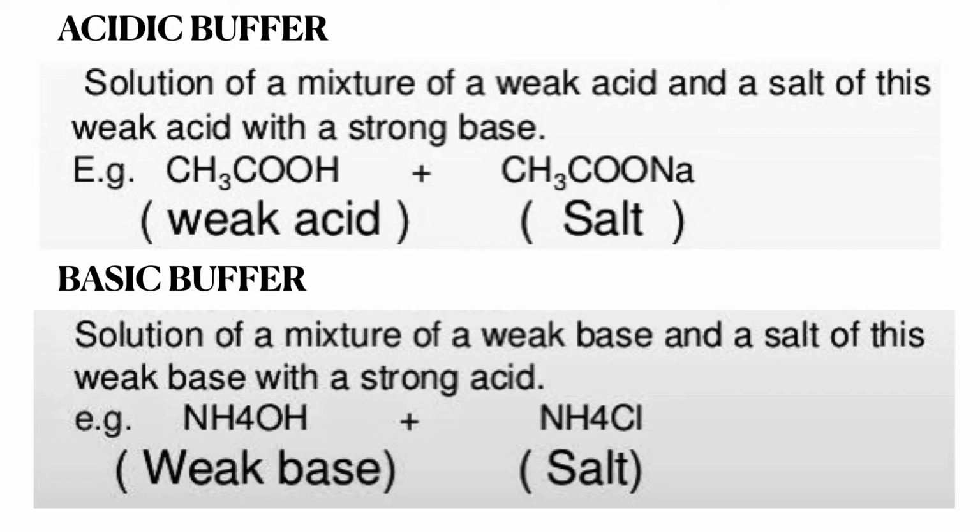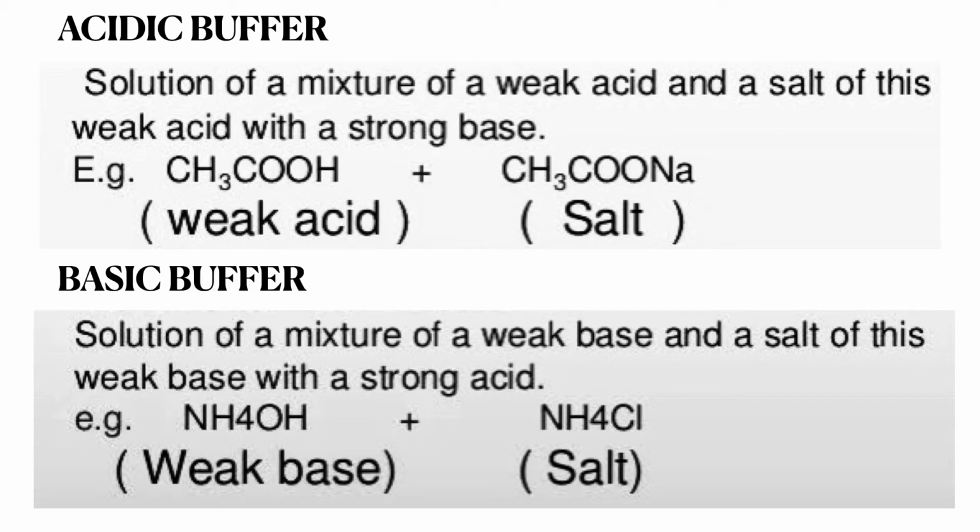For example, phosphoric acid, which is H3PO4. Its salt is NaH2PO4, sodium hydrogen phosphate. Here what happens is that one of the H is replaced by Na. So it is its salt. The sodium salt of phosphoric acid is also referred to as sodium hydrogen phosphate.